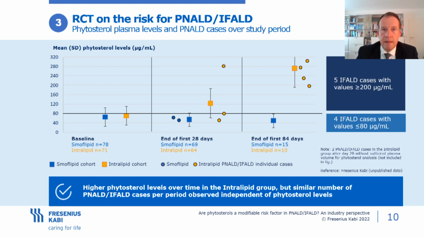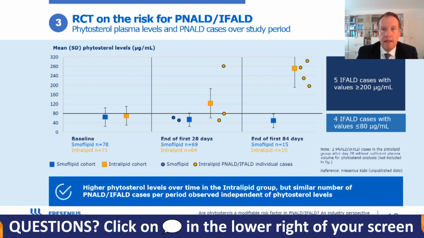The squares in the graph represent the phytosterol levels in the 3 study periods, which are from left to right baseline, the end of first 28 days, and the end of 84 days. SMOF-lipid results are shown in blue and intralipid data in yellow. Whereas phytosterol levels remain stable in the range of around 40 to 80 microgram per milliliter in the SMOF-lipid group